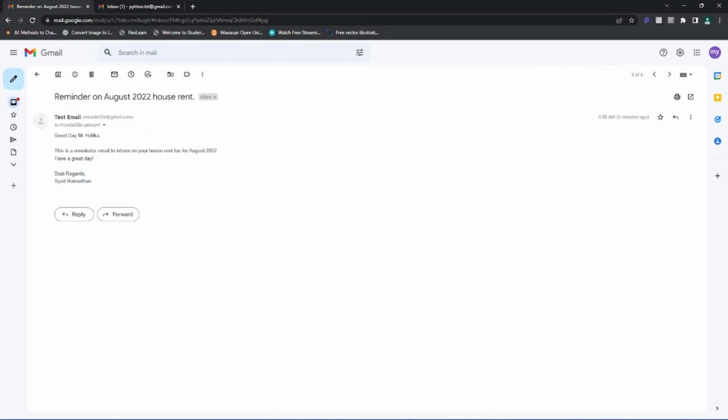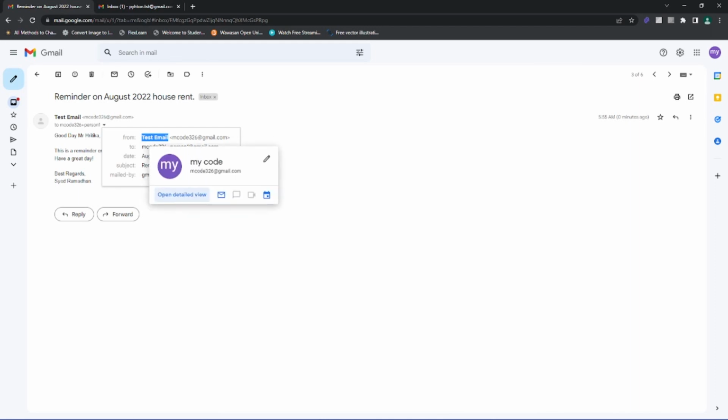So this is the email from Mr. Ritika, a reminder for your entry for August, the date that you want to use. This one is the month and the year. We just pasted it inside our code. As you can see here on the email sender, from just now, in the message body and the message, from here we put our name. Basically you can put anything. For this test I just put this as a test email,